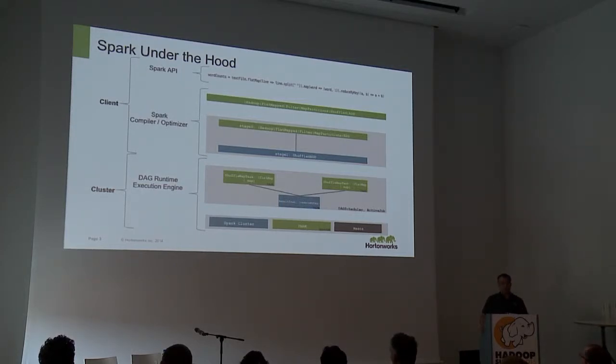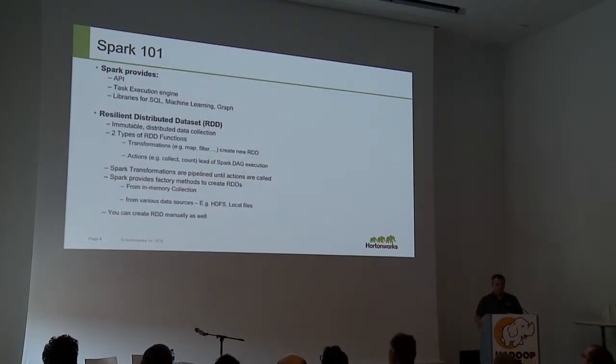The third one is the DAG runtime execution environment. Spark comes with its own native execution environment, but because it is a separate abstraction, you can easily plug in your own execution environment, and we'll talk about various reasons why you would want to do that. Okay? To quickly summarize, we have the API, we have the compiler optimizer, and then we have the execution environment. Getting a little deeper, to summarize again, we have the API, we have the execution engine, and we have various libraries that are already developed on top of Spark.